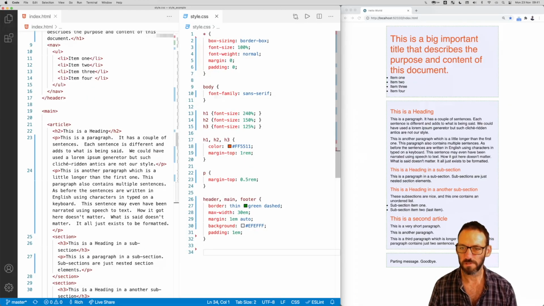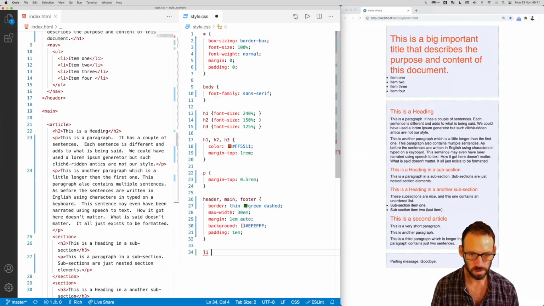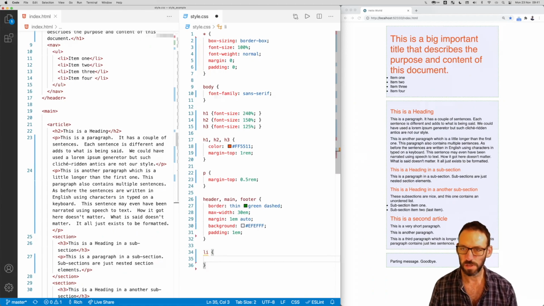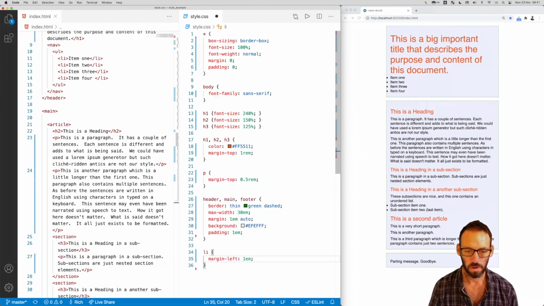So the next thing I need to fix is these unordered lists. So list item, and I'm going to set the margin to the left of the bullet points. Margin left. Oh, let's make it 2 ems. Now, in all of these examples so far, where I've been setting margin, I've been saying margin dash top or margin